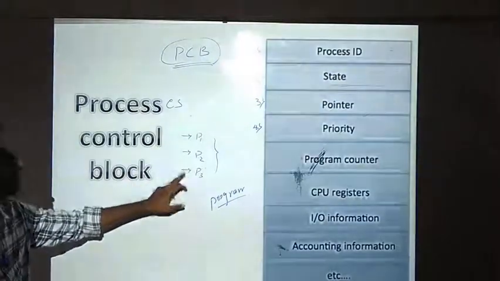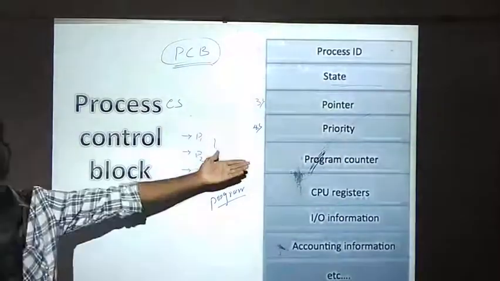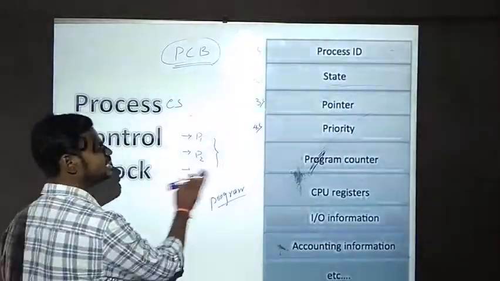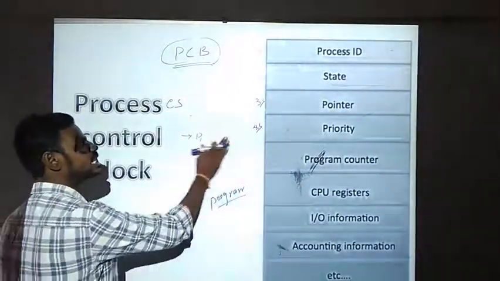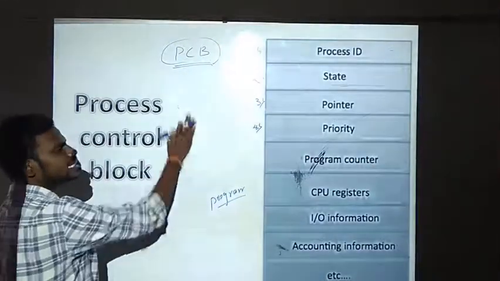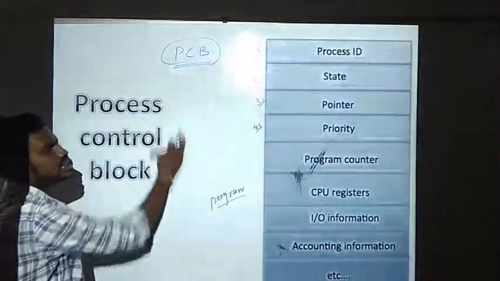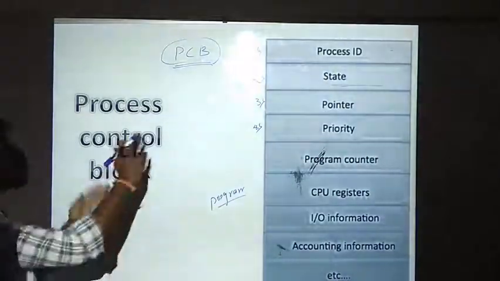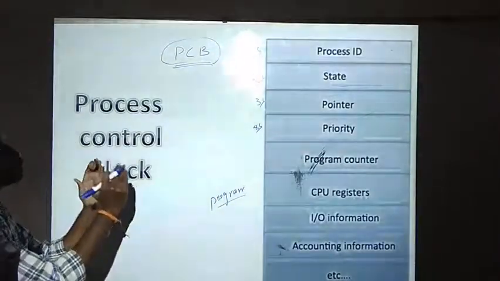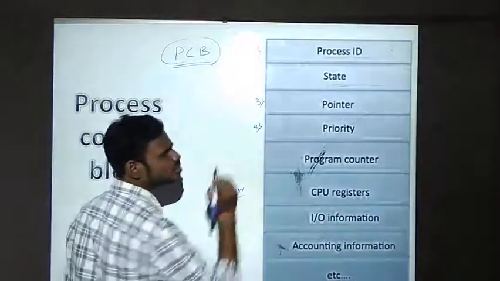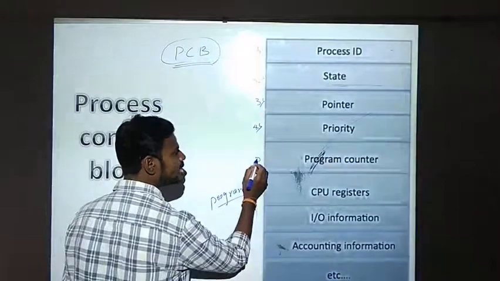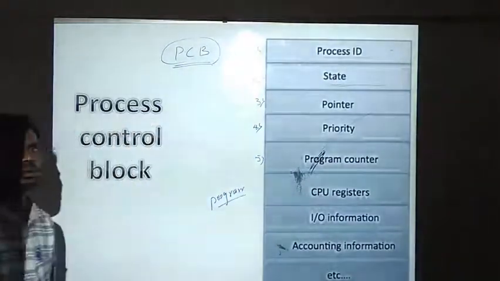Whichever process has the highest priority, we assign it first so that it can get executed. Then the next highest priority, and then the next highest priority. Like that, we will be assigning some priority for each and every process. We will be discussing them in detail. But for now, in the process control block, you will have the information about the priorities of your processes. And the next one that we have is the program counter.